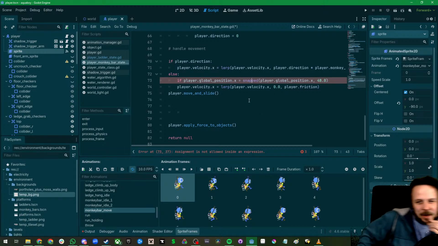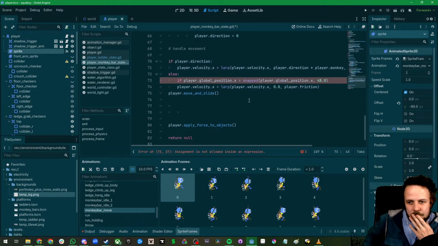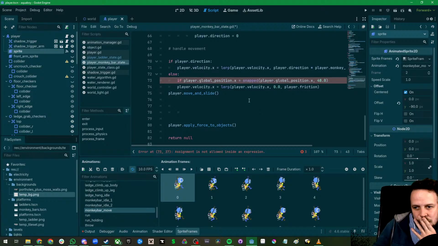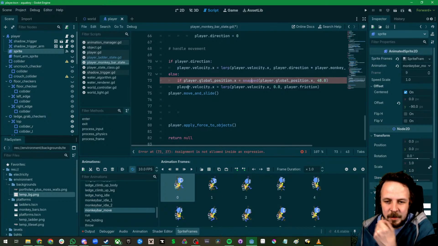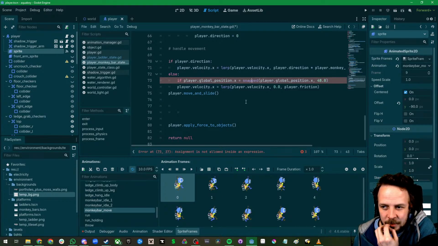Checking every frame. Maybe we do need more granular control. I think it should be okay. We just have to line him up again at the end. But what we'll do is we'll say if your position